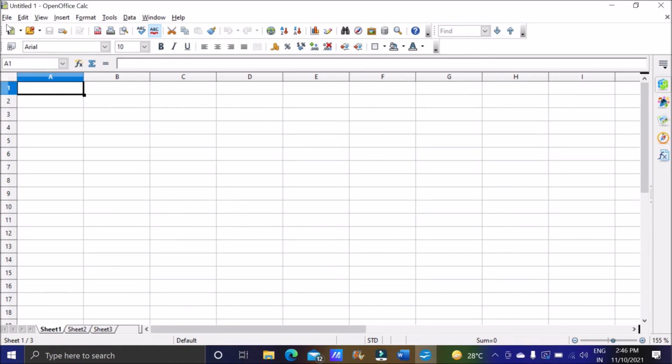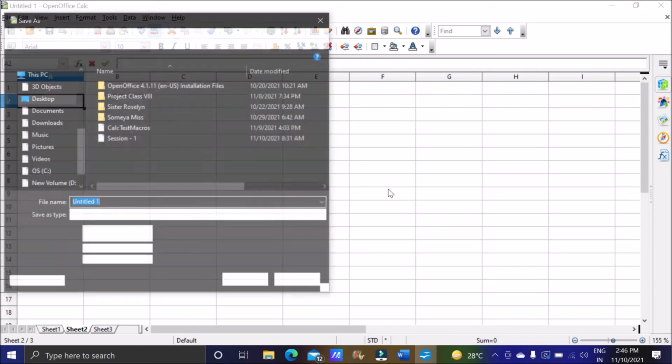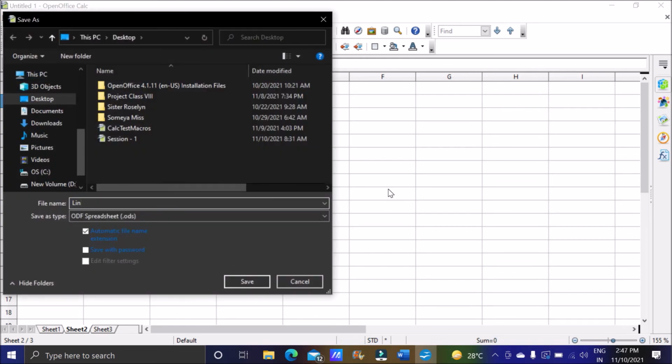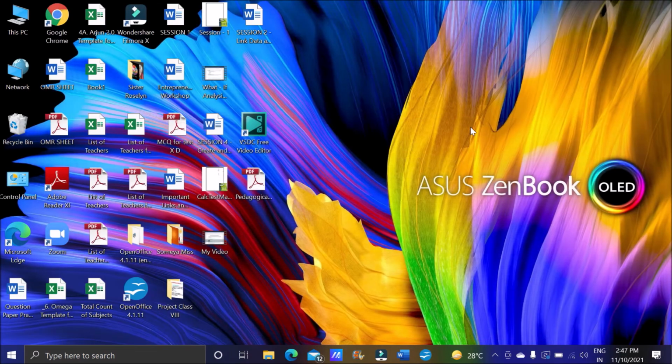This is our file, and suppose I am saving this file with a different name. Suppose in this file I am going to write some number, for example 400. Okay, in sheet number 1 I have the number, and then in sheet number 2 I want to calculate. So I will write the formula in sheet number 2. Let's save this file with a different name. Suppose I have saved this as linking spreadsheet. Okay, I'm saving it on desktop, and let's open one more.